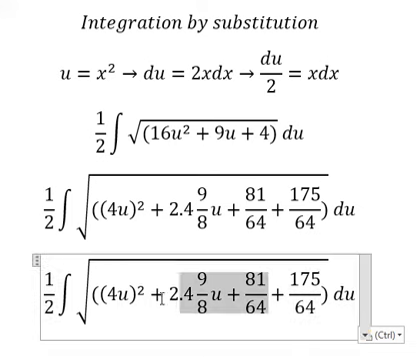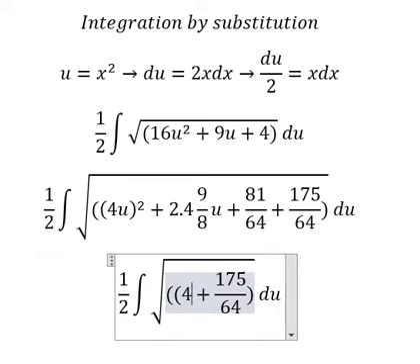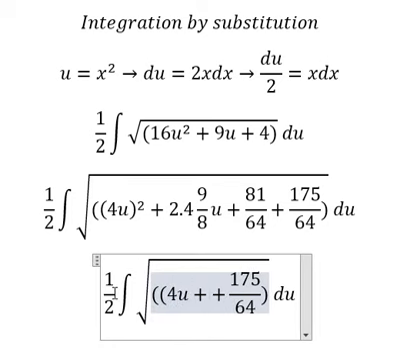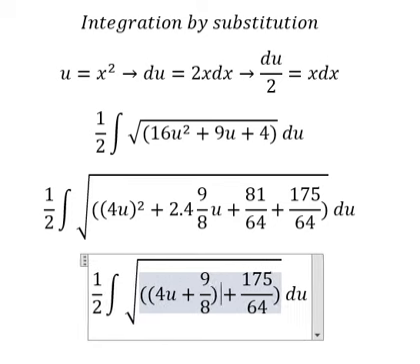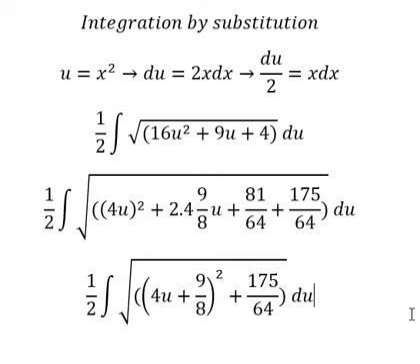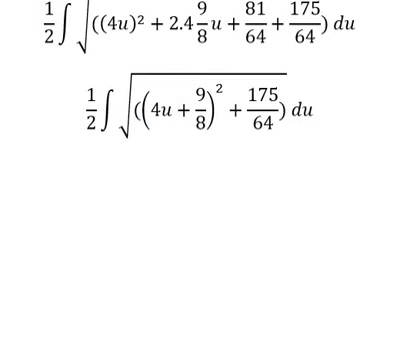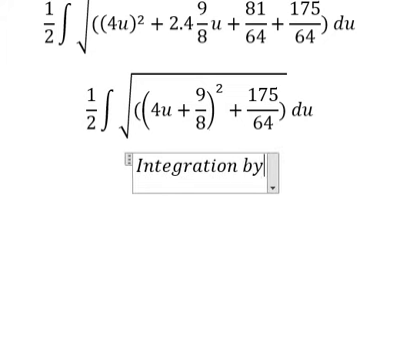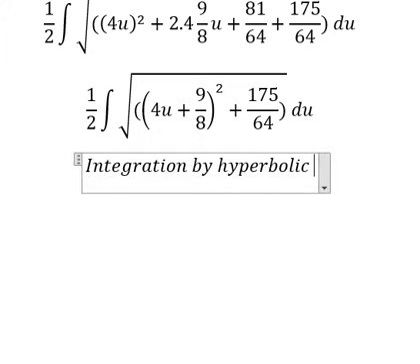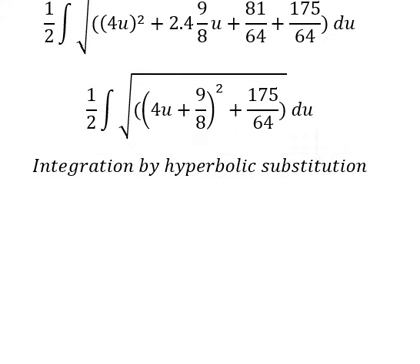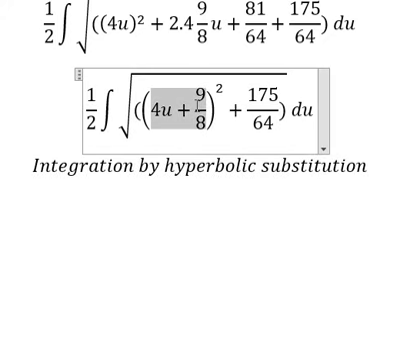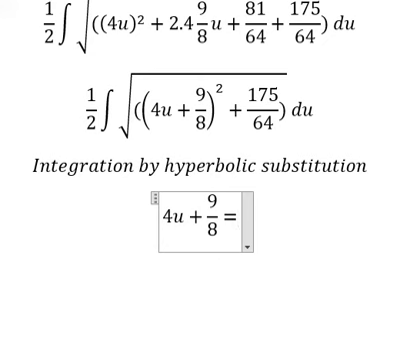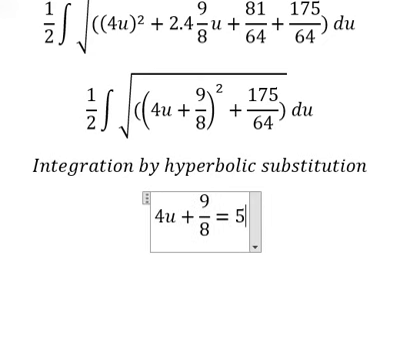And we know that this is about identities, so we have 4u plus 9 over 8, everything to the power of 2. And now we can use integration by hyperbolic substitution. So this one in here, I will put into 5 with the square root of 7